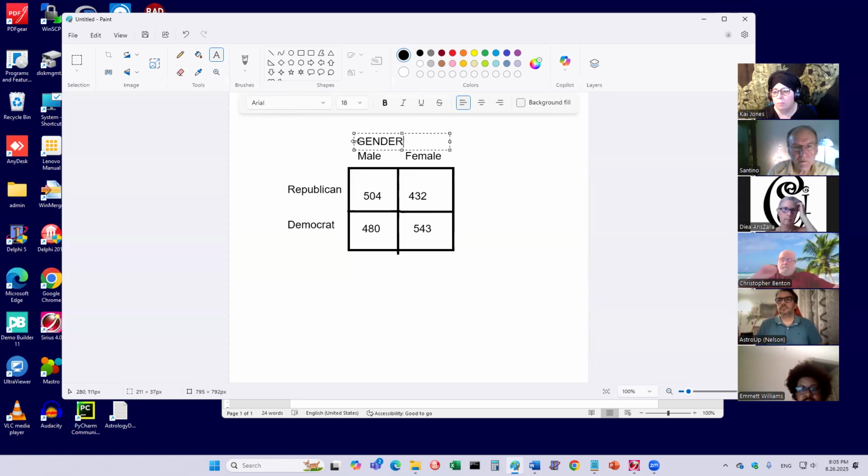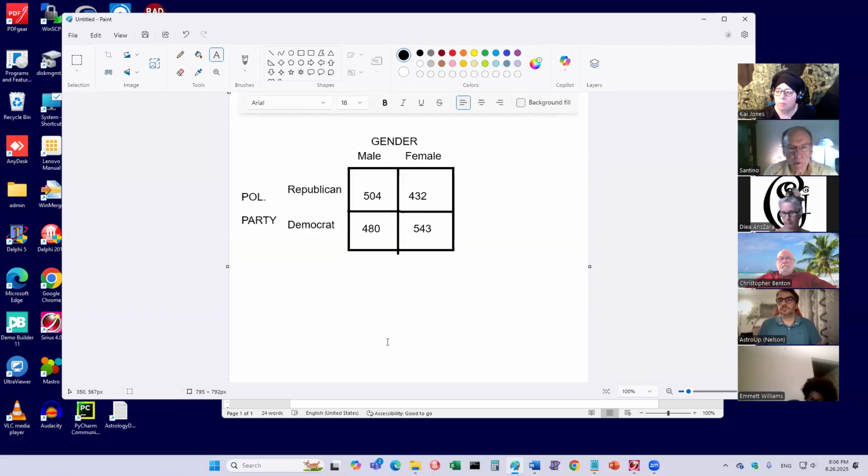This can be called gender, and this could be called political party. So the kind of statistic you use depends on the kind of data you've collected. So if you're comparing two sets of categories,